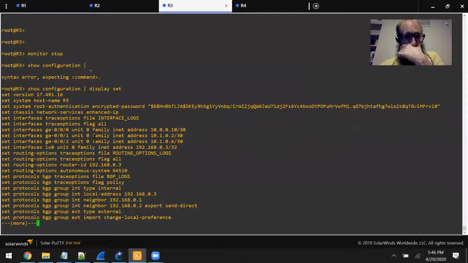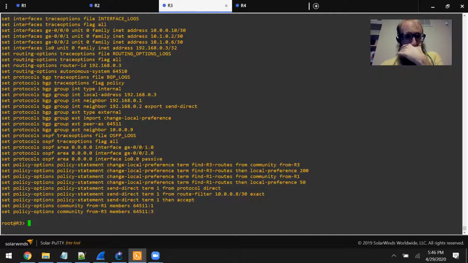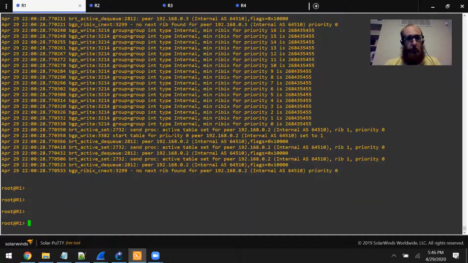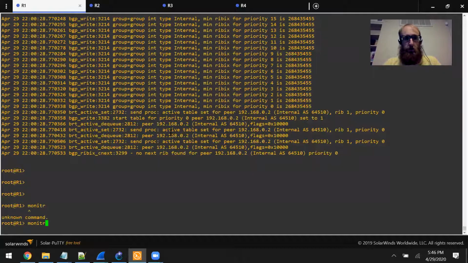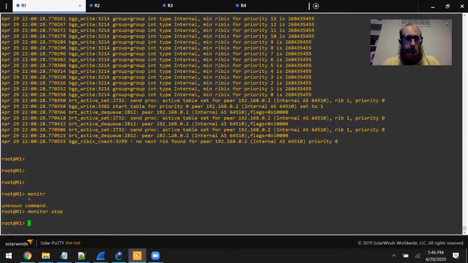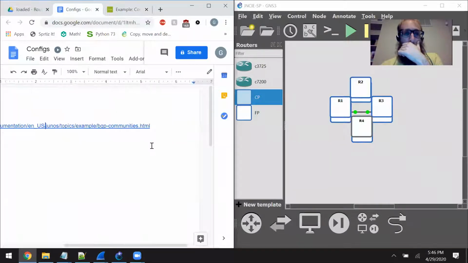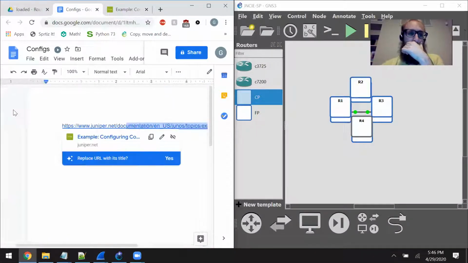Let's see here. So trace options, and it's going to be BGP logs. Perfect. So yeah, unfortunately, that's kind of a bit too much information to filter out. So I'm just gonna do a monitor stop, and then I'm gonna mark this off and just keep moving on. I think I have a pretty good